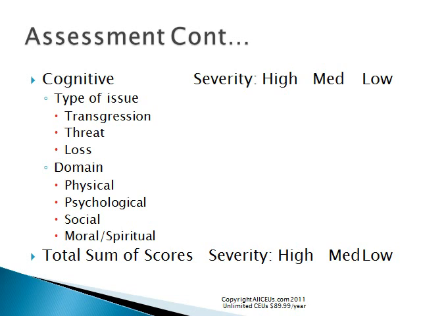We also want to talk about cognitive, high, medium, or low. What type of issues are they concerned about? Transgressions, somebody did them wrong, high, medium, or low. If they already feel betrayed, you've got a tough road ahead of you. Threat, if they feel threatened in some way, or they feel like their children are threatened in some way. Again, long road to hoe.